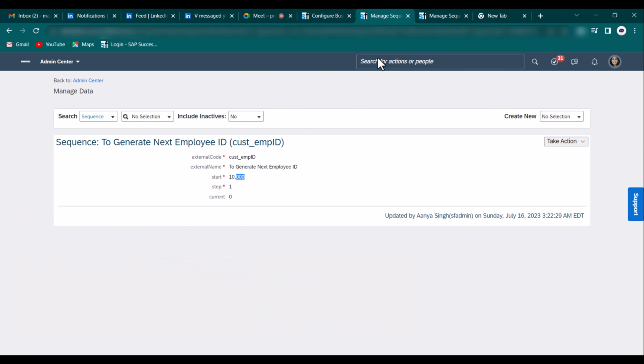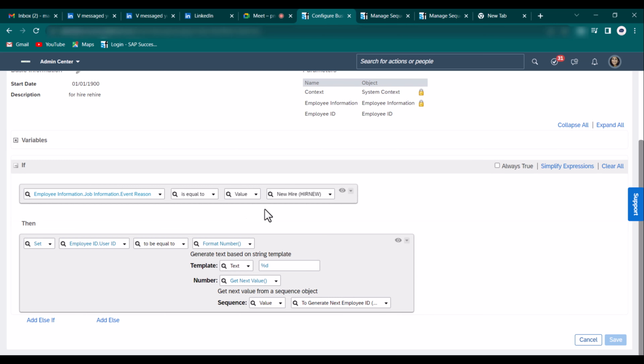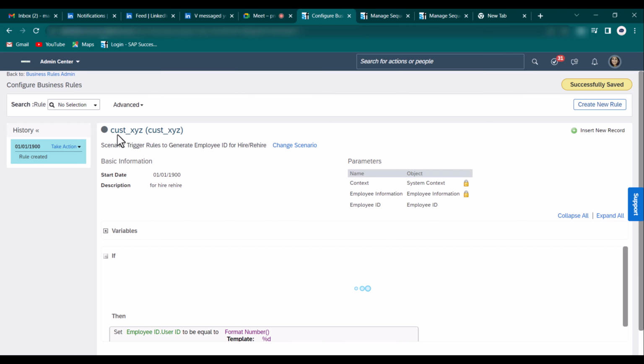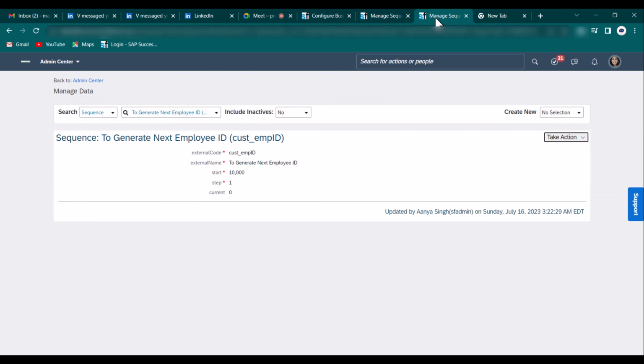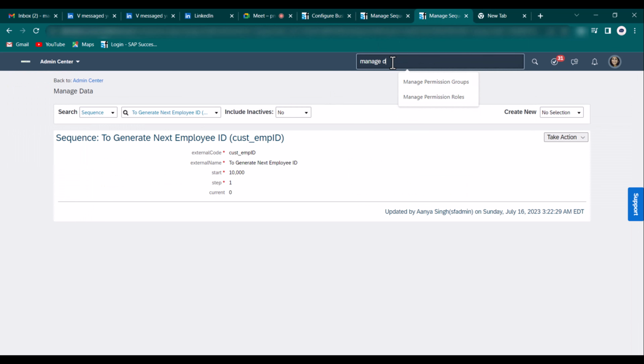Okay, now as you have written the business rule, click on save, but you have to assign this business rule. Whenever you choose predefined, you will see this gray circle, which means the rule is not assigned, so you have to assign this rule. So where to assign this rule? To assign this rule, we will go to manage data,